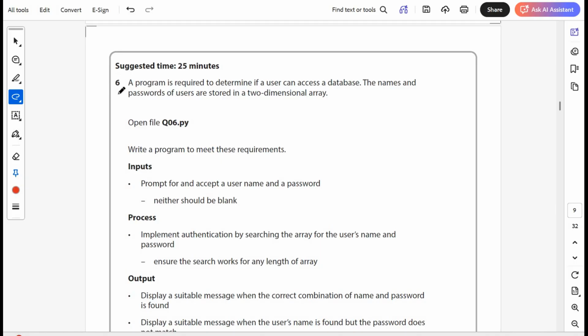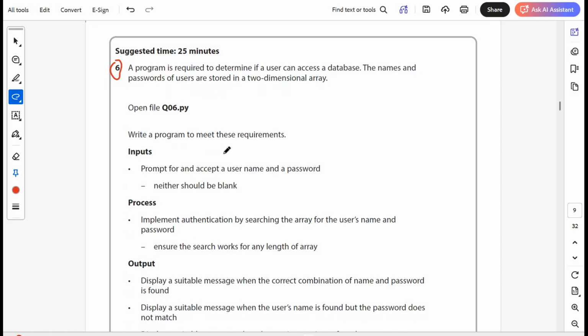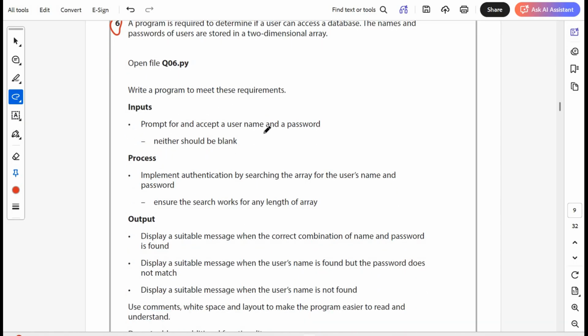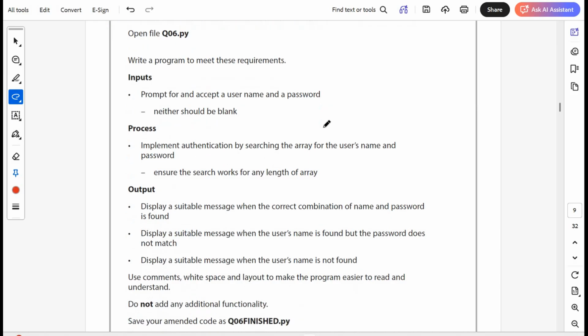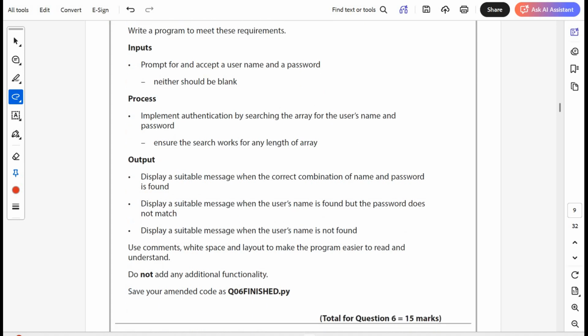This is question number 6 of paper 2 2023. Open the file Q06. Write a program to meet these requirements. Number 1 is input: prompt for and accept a username and password. Neither should be blank. Process: implement authentication by searching the array of the username and password and